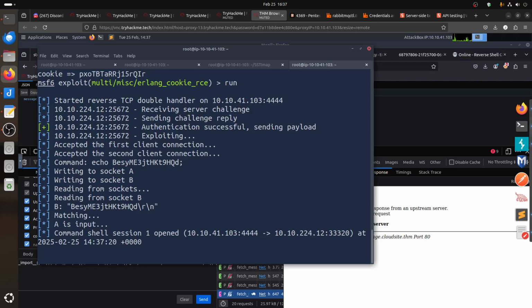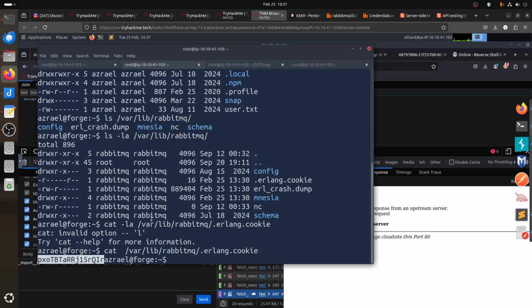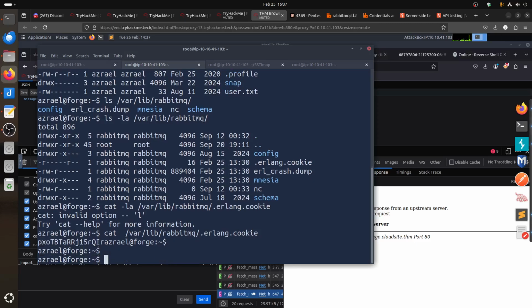I forgot the common share session one open. For ID, no, look for ID. Rabbitmq. Remember when we did this change? When you are in these Rabbit things, there's a command in